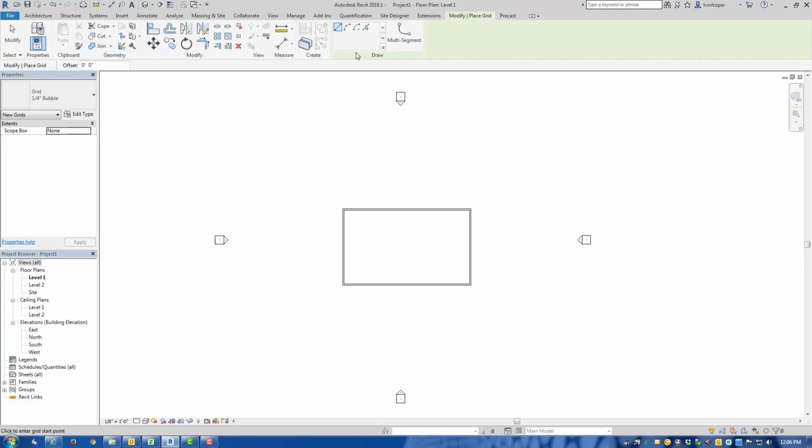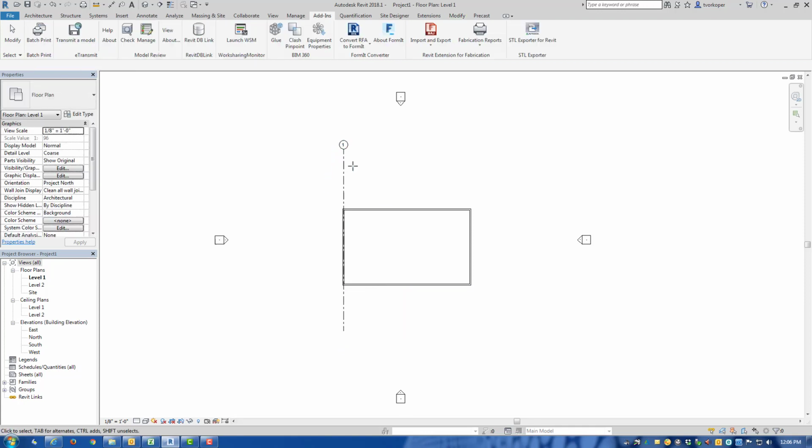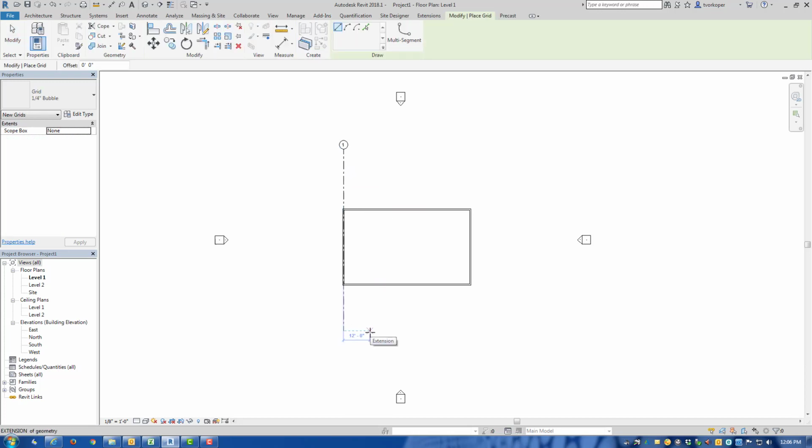Let's start with the straight line. Once you click that, you'll want to left click on the screen, move your mouse, and left click again, and you have created a grid. Once you've created one, you can continue on by typing GR and adding more,